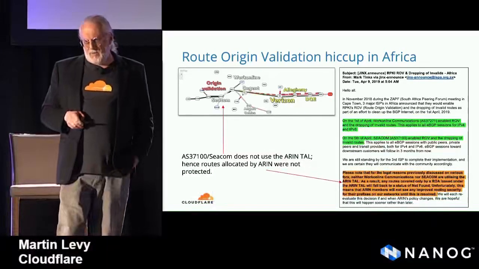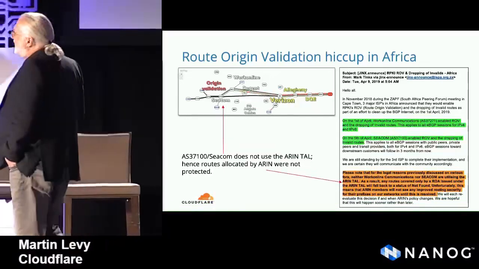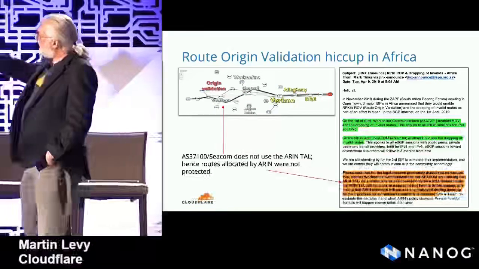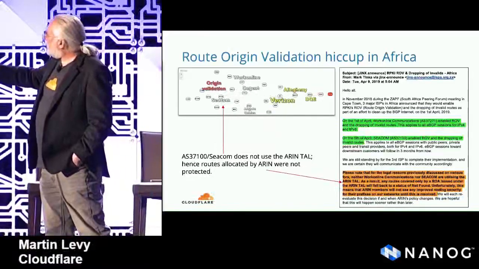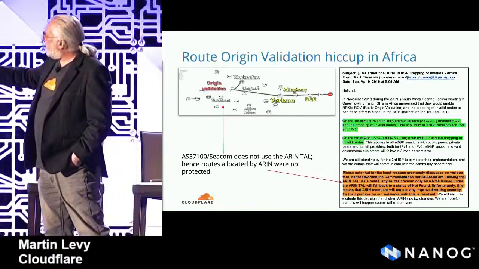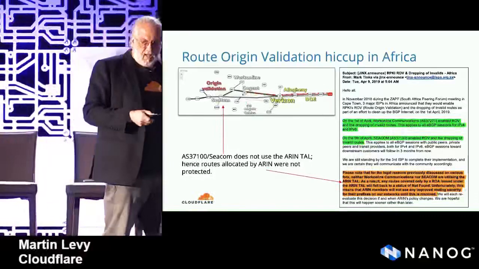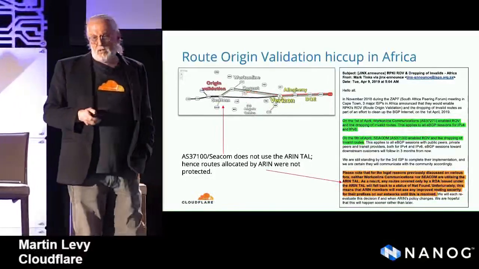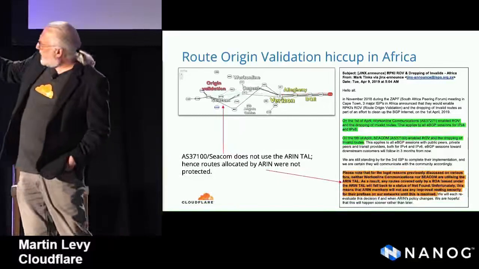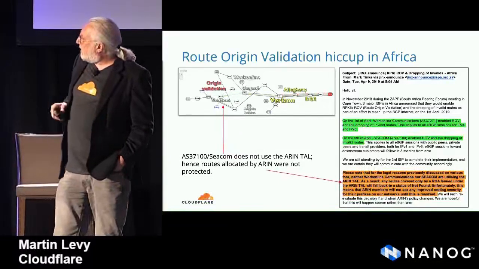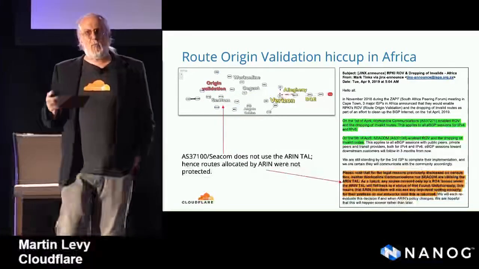I'm going to show you one other graph. In this particular case, this graph contains, I keep hitting the wrong button. This graph contains CCOM in Africa. And CCOM runs RPKI. And in the RPKI world, they should be good. They should never touch this route. But it's very clear from this diagram that the route is propagating through their network. And here's the reason why.